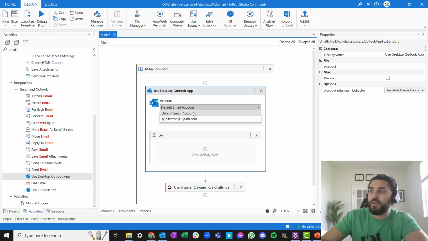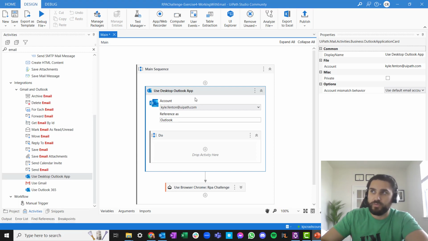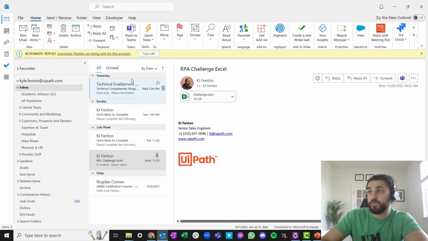I've already authenticated, so I'm going to choose my kyle.fenton@uipath.com. And then just like the Excel, see the reference as Outlook, we're going to use that throughout the other activities when we're going to, for each email, do something. Okay, so once you have your desktop Outlook app configured, next thing we need to do is loop through all